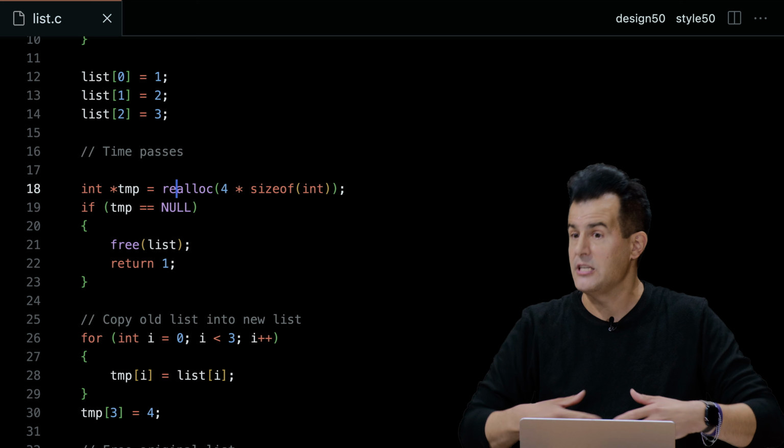Yeah, in front. How does it know how much data to copy? How does realloc know how much data to copy? Because the operating system, and you can think of it as the standard library, stdlib.h, keeps track of what memory has been allocated for you in the past. So when you pass in that same address, it has essentially a lookup table, a dictionary, if you will, that tells it what memory has been allocated already. So you don't have to worry about that. Yeah, in front.